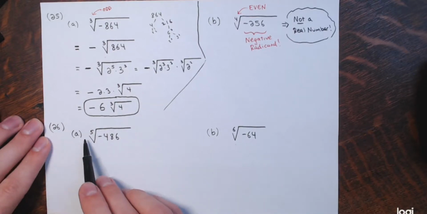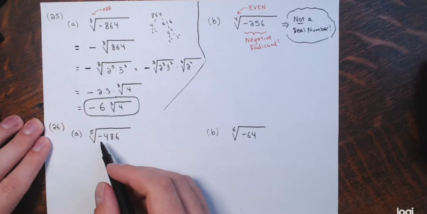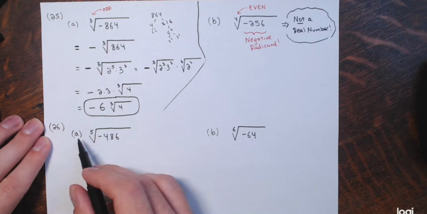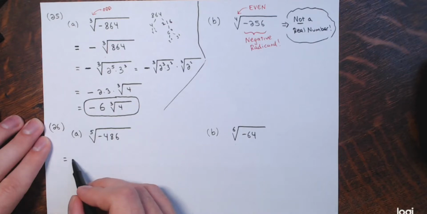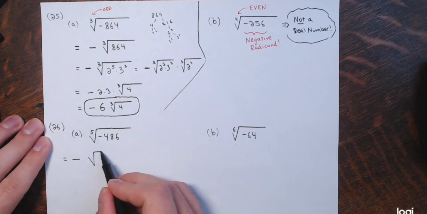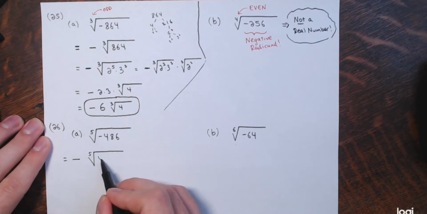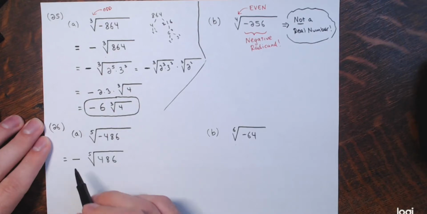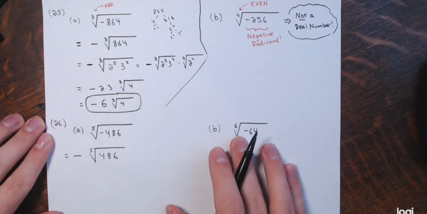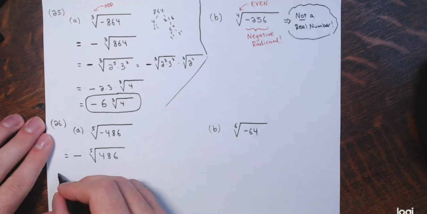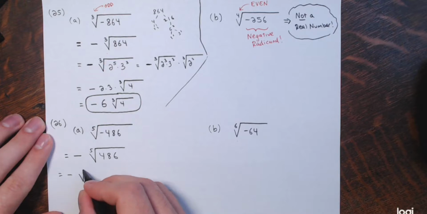26. Part A is just like part A from 25. Again, odd root of a negative, you can pull the negative out. I'm just going to say this is the opposite of the fifth root of positive 486. I just know it's going to be negative at the end. This is negative. Now the fifth root of